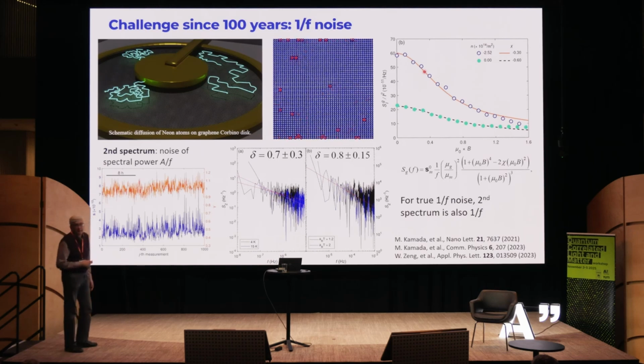So I mentioned already that graphene is very clean, so you can put impurities. In this case, we have put neon atoms on graphene, and the atoms, they will diffuse on the system. So here's a Monte Carlo simulation. You can see it tends to make some clusters and then decluster. And using this kind of model, you can then analyze the results that we have obtained on 1/f noise in this system. And everything fits pretty nicely for this kind of clustering, declustering modeling in the system.